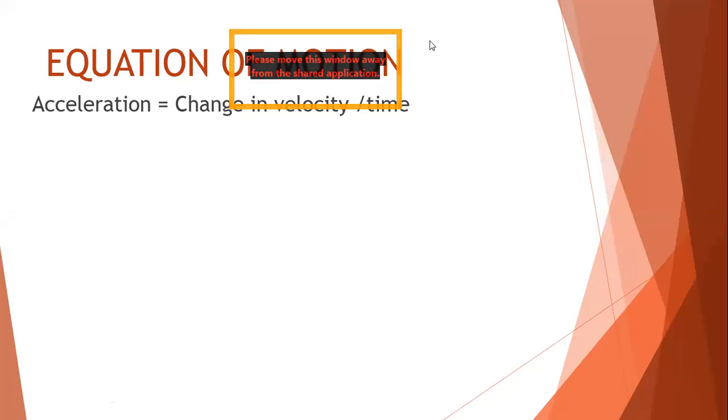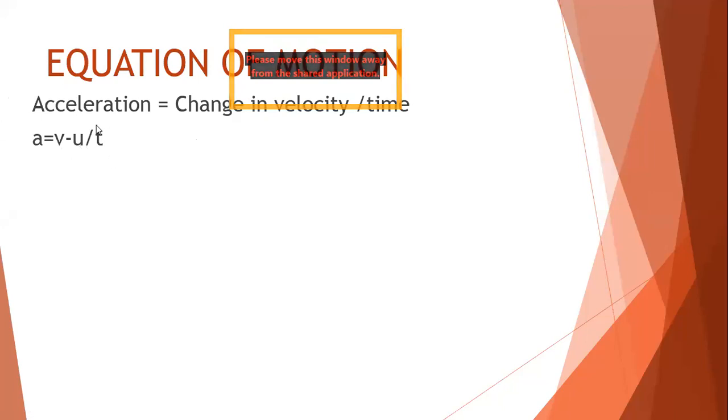So let's start with the first one, acceleration. We start our discussion with acceleration. What is acceleration? Acceleration is change in velocity upon time. That's the definition of acceleration. We know how to calculate the change in velocity: final velocity minus initial velocity, upon time. The symbol for final velocity is v, and for initial velocity, u. So my acceleration a is equal to v minus u by t. That's the formula for acceleration.